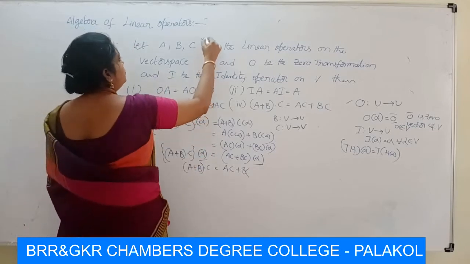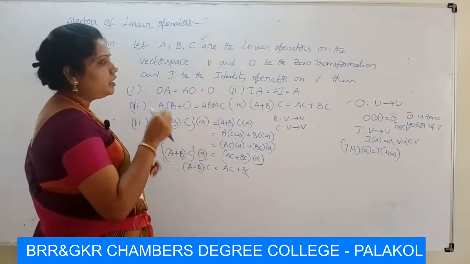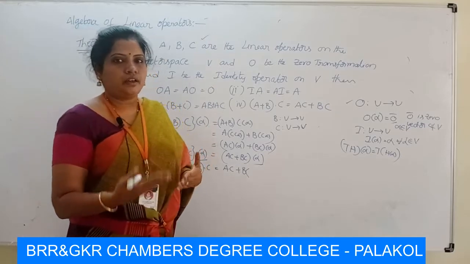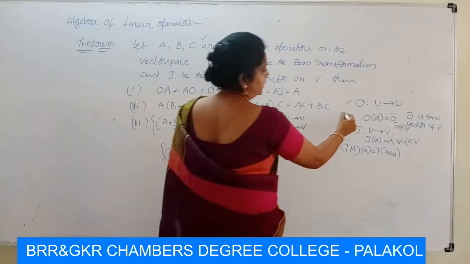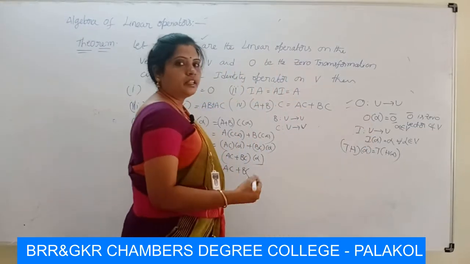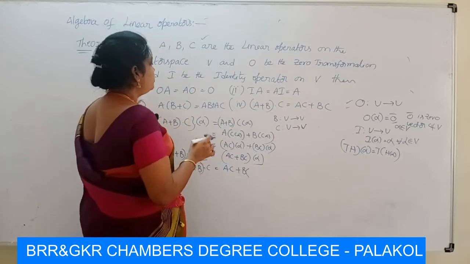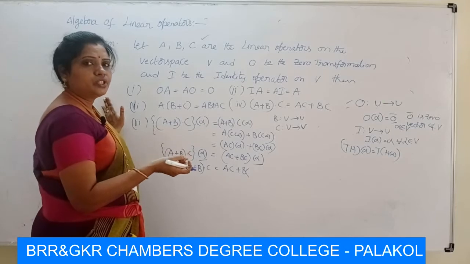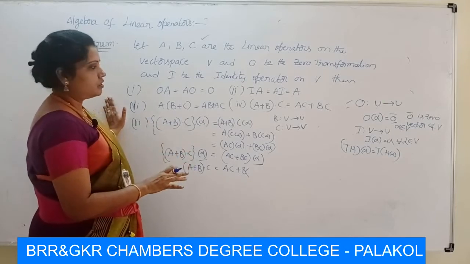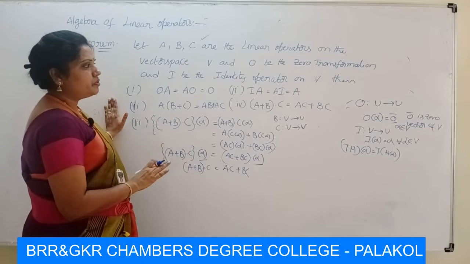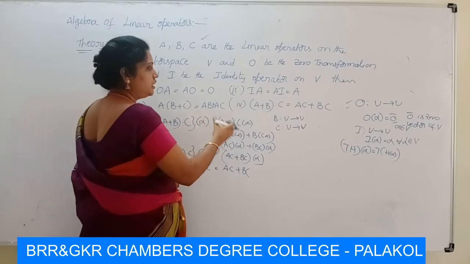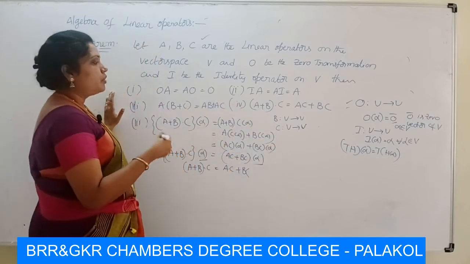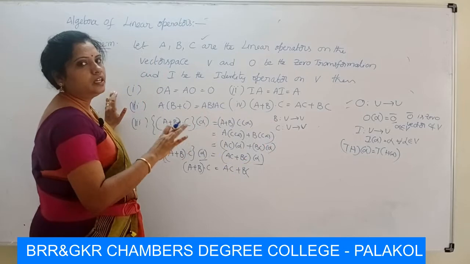Here in this theorem we use mainly two definitions. Those are product of the transformations and sum of the transformations, and linear operator definition and zero operator definition. First of all, we mostly use the definitions of the product of the transformations and sum of the transformations. So dear students, don't be confused by this theorem, because here we use again and again the definitions of the product of the transformations and sum of the transformations.